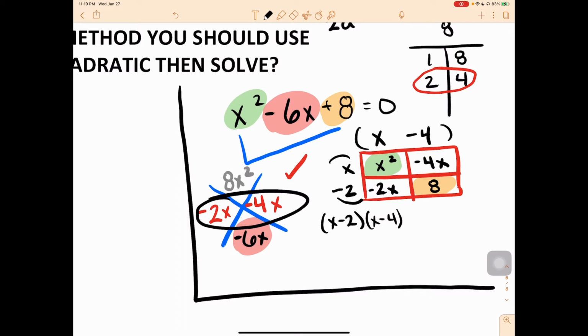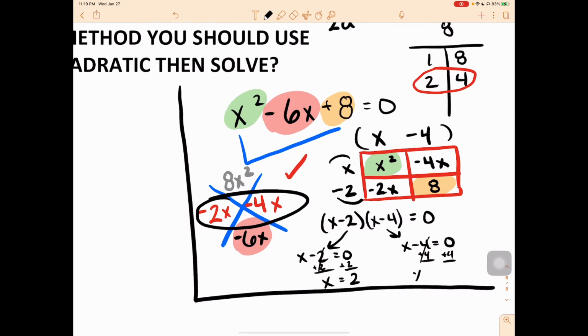So now we have x minus 2 times x minus 4 equals 0. So we can use the zero product property to split these both up, set them each equal to 0. So we add 2 to both sides here. We get x equals 2. Add 4 to both sides here. We get x equals 4. And these are our solutions. These are our x-intercepts. So that one worked out nicely with this area model in the diamond,